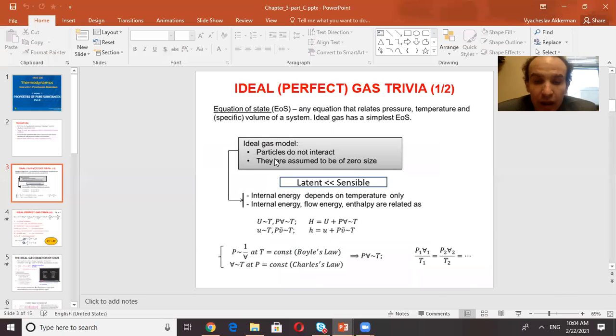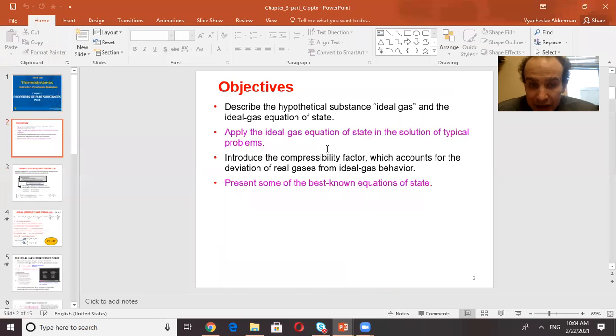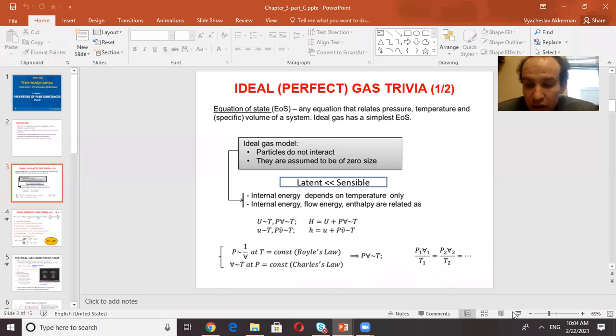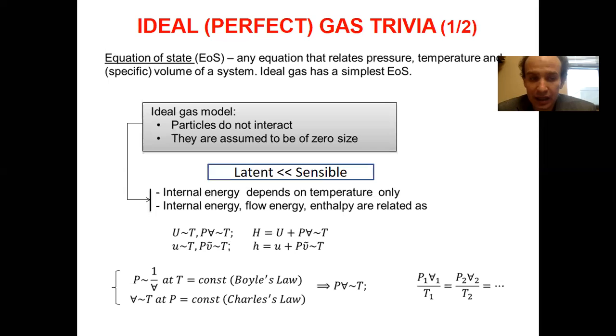I want to show you something. So let me share my screen and let me recall what we are doing. You see my screen now, right? So we talk about ideal gases, right? And there are two key points that you remember about ideal gas. What is the physical ideal gas assumption? It means that particles don't interact and particles don't have size, right? From which it will mean that,